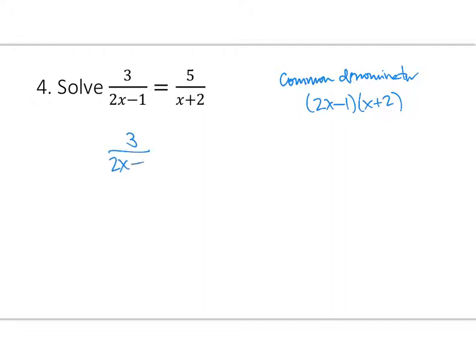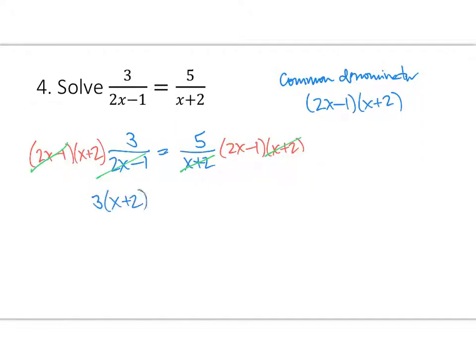And what I'm going to do is multiply both sides by that product. So on the left-hand side, multiply by all that stuff, 2x minus 1 times x plus 2, and same on the right-hand side, multiply by 2x minus 1 times x plus 2. On the left-hand side, the 2x minus 1 and the 2x minus 1 divide out, and on the right-hand side, the x plus 2 and the x plus 2 divide out. So on the left, we're left with 3 times x plus 2, and on the right, we have 5 times 2x minus 1. Now we distribute 3 times x, 3 times 2, 5 times 2x, 5 times 1,